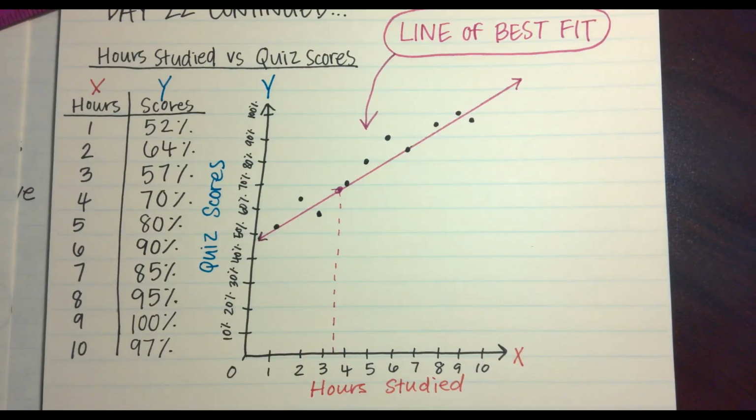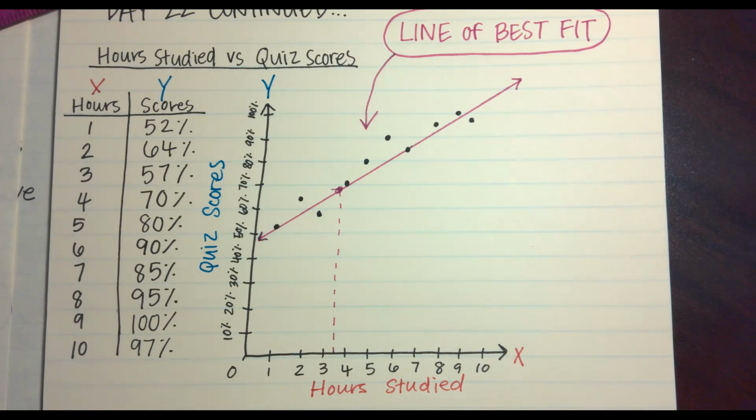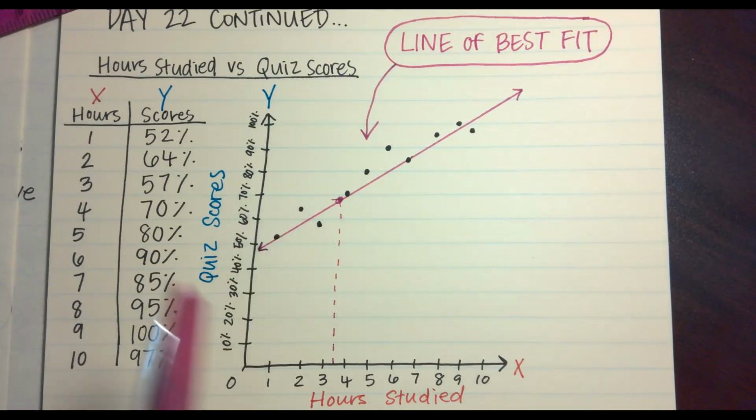It's what a lot of people in the stock market use to predict trends. They watch how the data moves up and down, how values increase and decrease, and they can predict using something similar to this and say, in X amount of days, this one will probably be worth this much money based on the trends in the past of how this price has moved. So we can use the line of best fit and all these data points for a lot of different things. Okay, that's our lesson today, y'all.